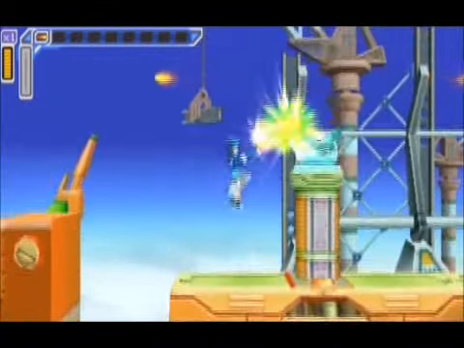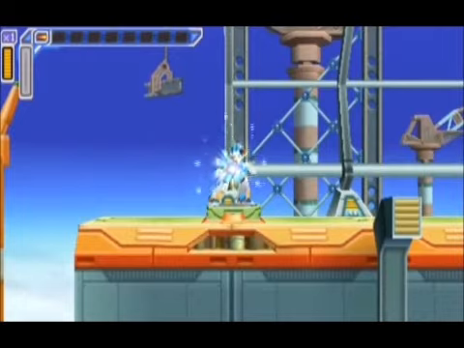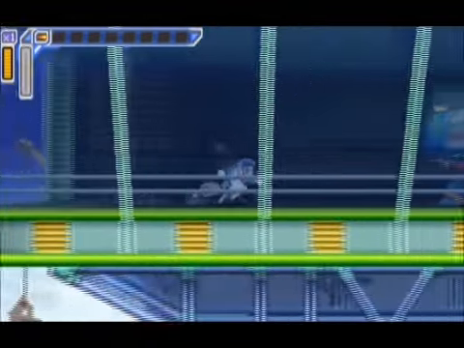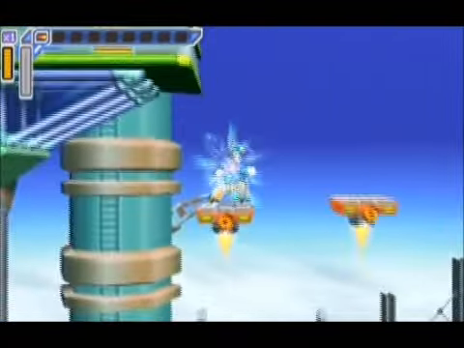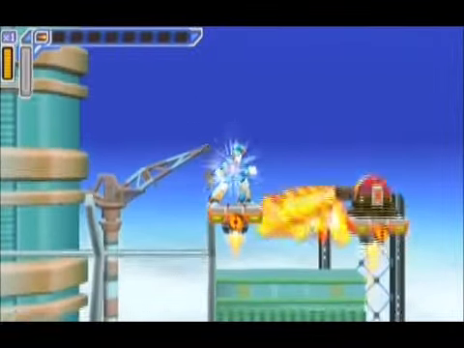Anyway, and now we're actually already about to find another one of the hidden items. Stand on that for long enough. It'll raise you up, shoot at the window to break it, or you can actually, I think, just wall jump on it and break it too. And now there's a sub-tank. Whenever you have maximum LE, or life energy,